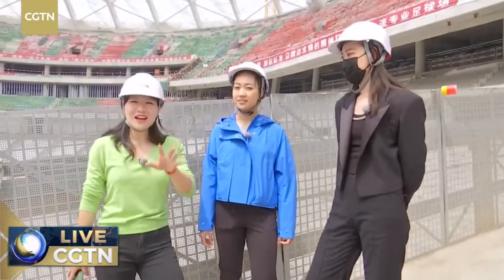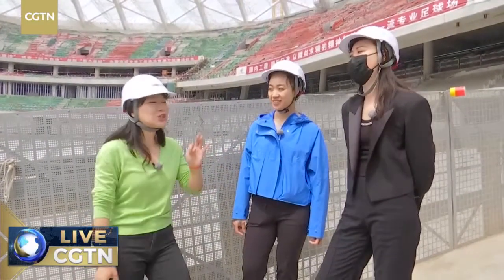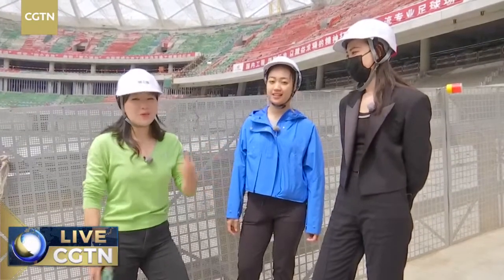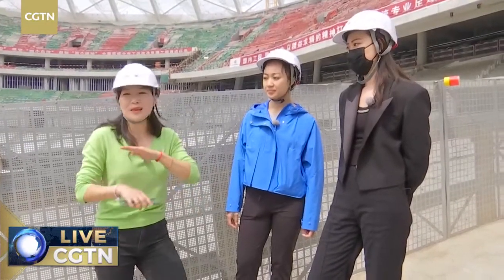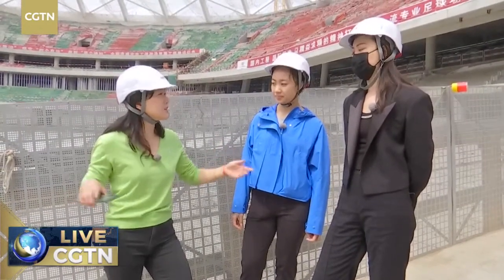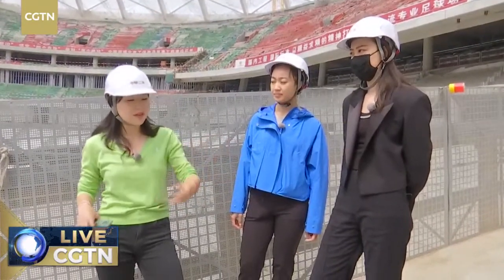I don't know if any of you guys watching at home have actually been to Gongti, the Sanlitun area, the traffic is always a nightmare. Especially during the weekend, when there are matches and concerts, because this is also used for entertainment. Then it's basically a standstill, because the tube stops, the subway stations, are all quite far as well. So people just want to get taxis, they want to drive in,